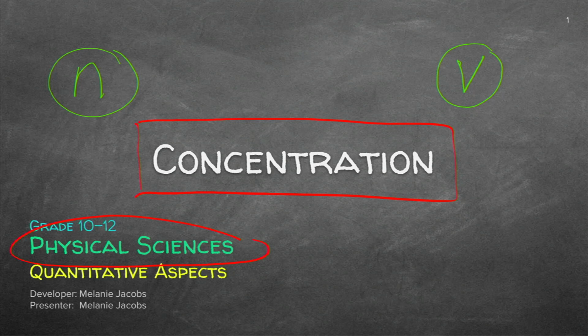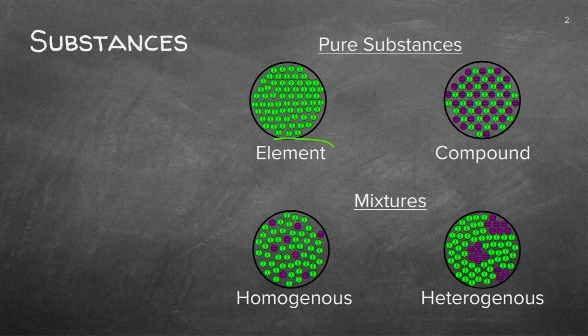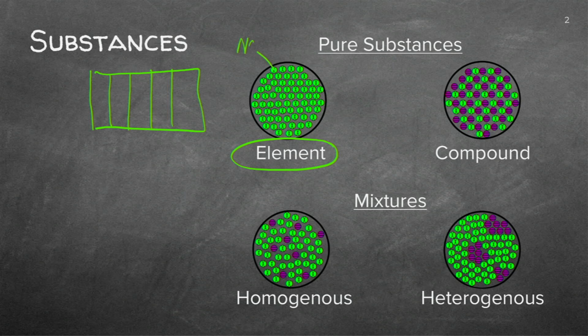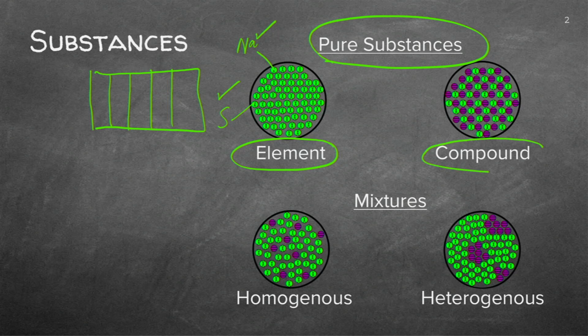So what do we have? We've got elements. Now, if you have a look at your periodic table, each of the elements in the periodic table will be arranged in a certain sequence. Those atoms in, for instance, sodium or sulfur will be exactly the same. So that will be a pure substance of only sodium or sulfur atoms. So it's pure.